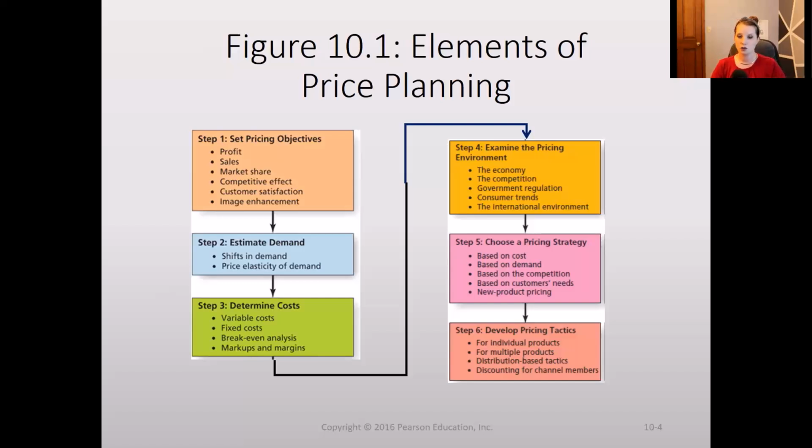The next is going to be to estimate demand. Here we want to consider that there are going to be shifts in demand. This could be based on the economy and what's going on in the economy overall. It could be based on the specifics to our industry, and it could be seasonal. For example, even if the economy is doing poorly, if we go into a recession, there are still going to be industries and companies within those industries that still perform well. And so their pricing may be different than companies or industries that do not perform as well.